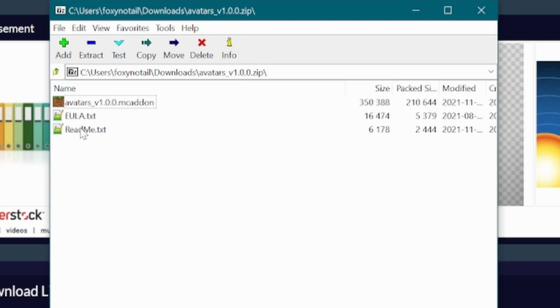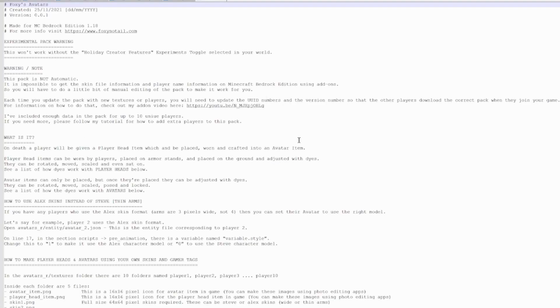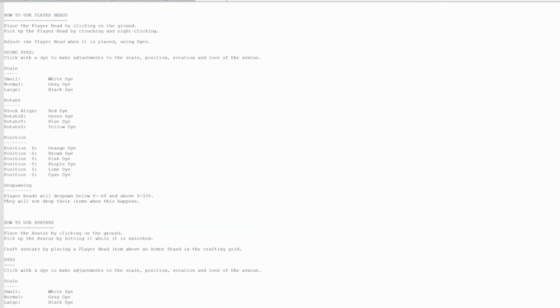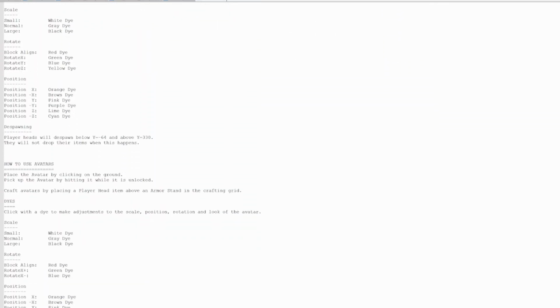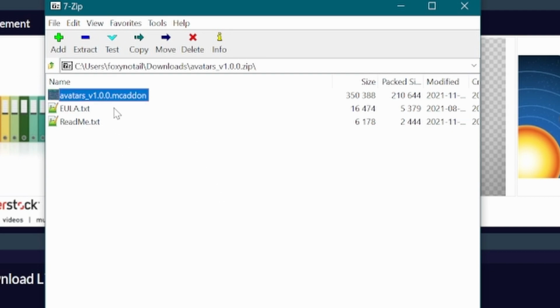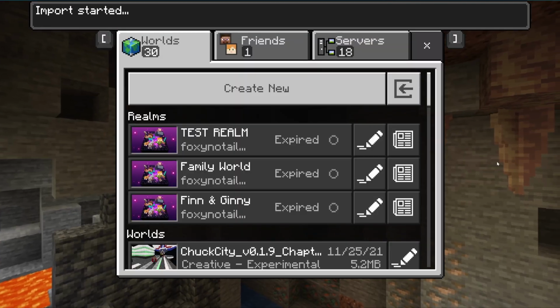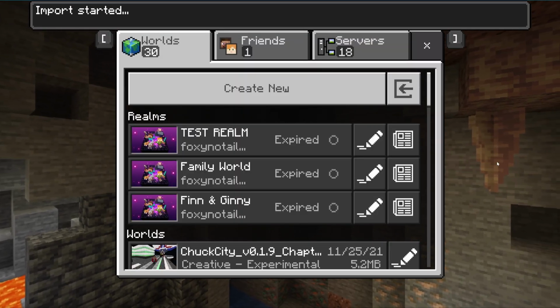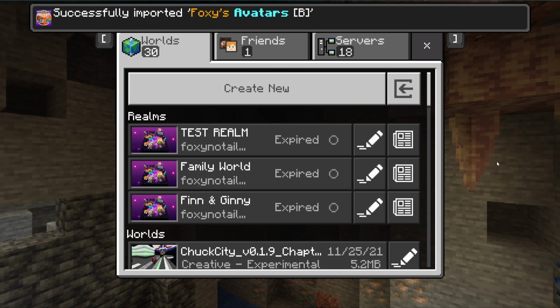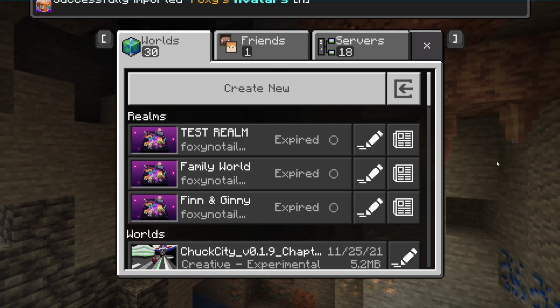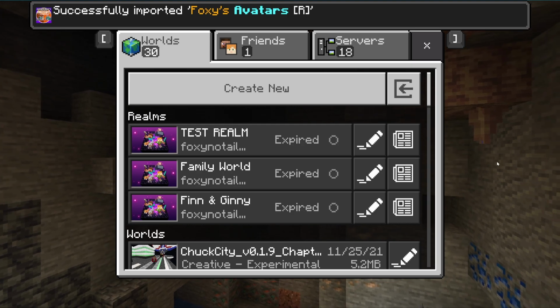In there we have a license file and a readme file, and if we open the readme file you can see all of the instructions that I'm going to tell you are already in here if you want to find it later without having to watch this video. Also inside the zip file you will see there is an avatars.mcaddon file. We're going to open that up, and that is going to launch Minecraft, and it's going to start importing that add-on. You will see at the top if it works or not, and you can see that it has successfully imported it for me. That's the behavior pack, and there goes the resource pack,